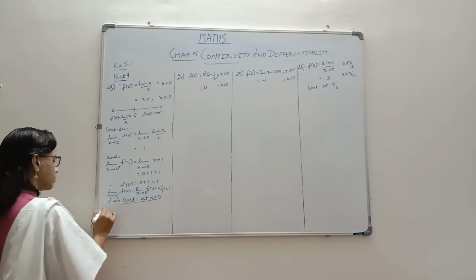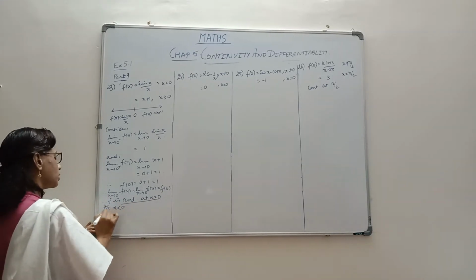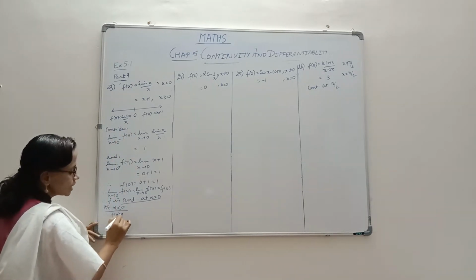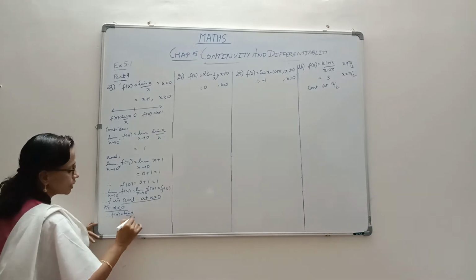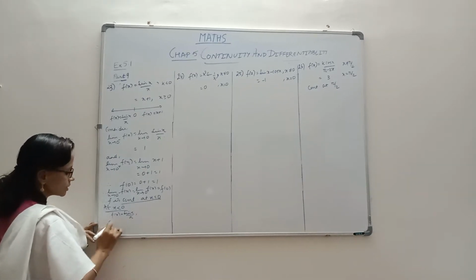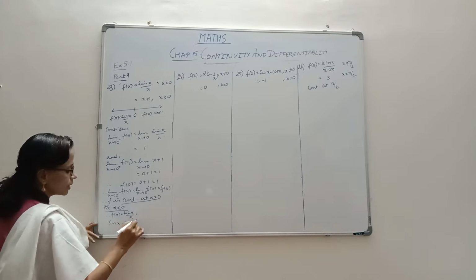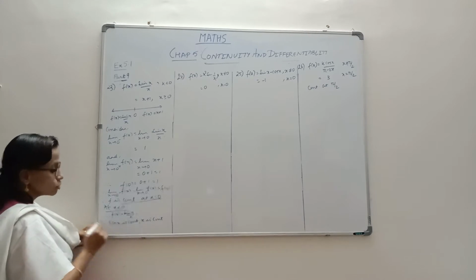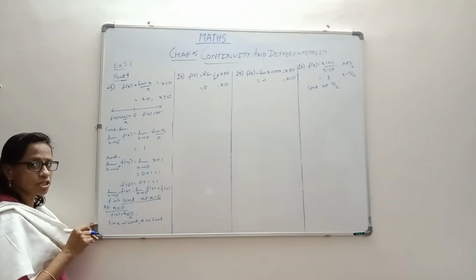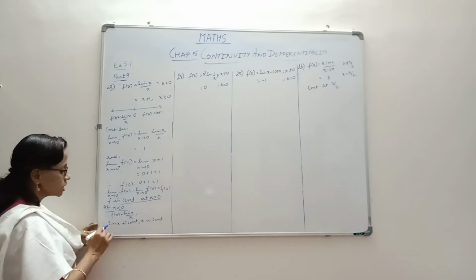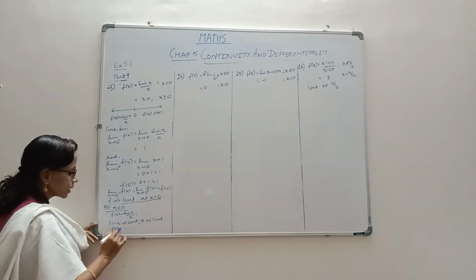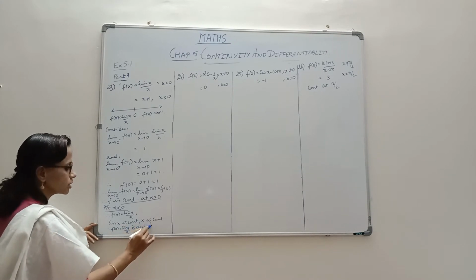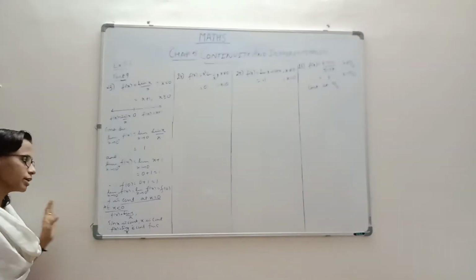So that is done. Now we will check what happens at all the places where x is less than 0. We know that when x is less than 0, the function is defined as sin x by x. Sin x is continuous. Then x, being a polynomial or identity function, is continuous. We have learned in the algebra of continuous functions that the ratio of continuous functions is continuous. So therefore f of x, that is sin x by x, is continuous. Why? Because it's a ratio of two continuous functions.